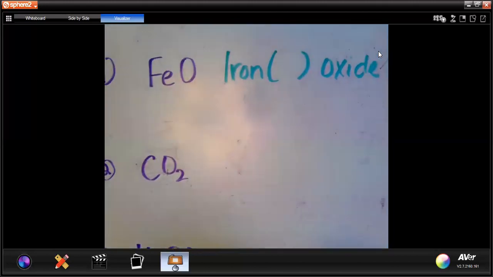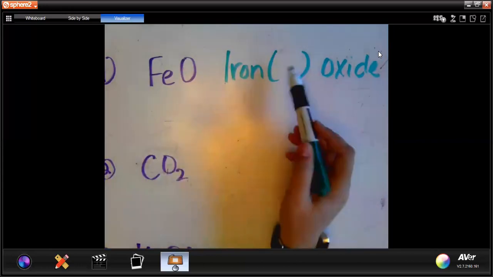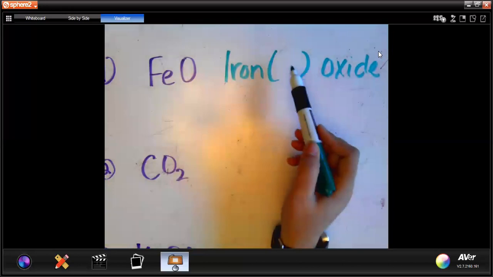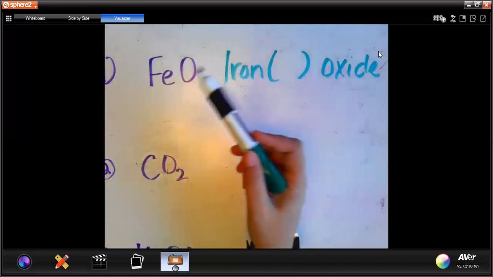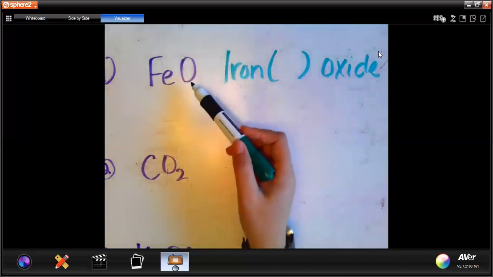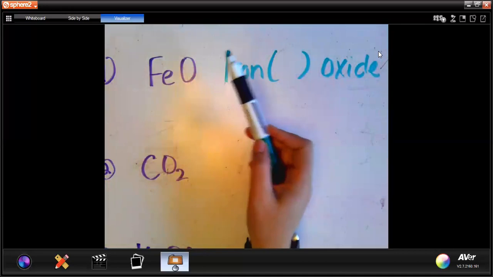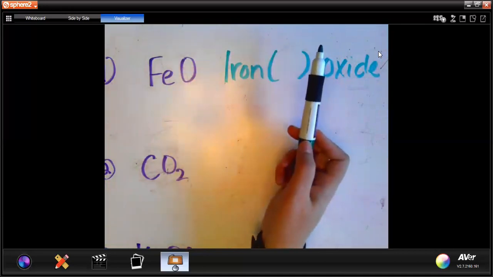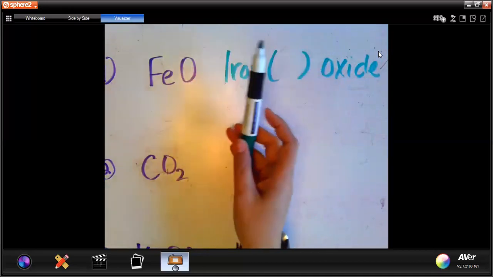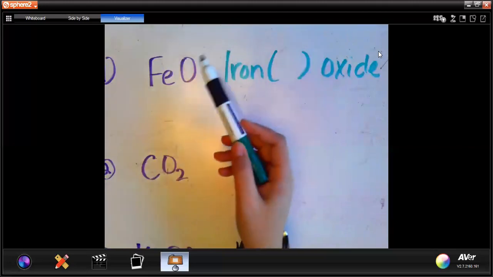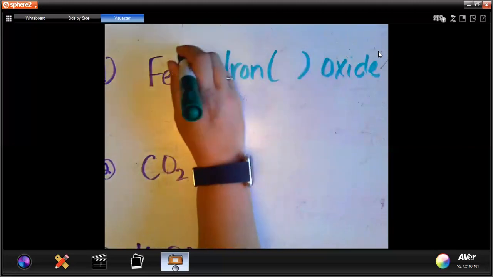Because there's only 2 elements, binary. Now we need to figure out what is the charge for iron, because that's the number that goes here. So we look up the charge for oxygen. Oxygen is in group 6A, which means in order to fill its octet, it would have to gain 2 electrons, because it has 6 valence electrons. It would need 2 more to get an octet. So if it's gaining 2 more, it's going to be a -2 charge,